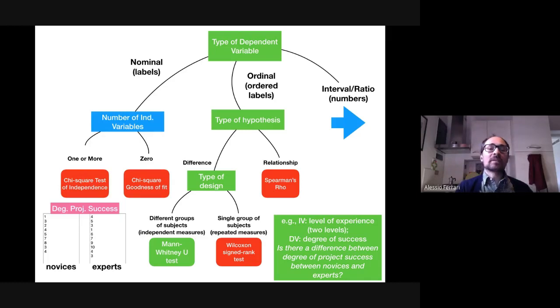Then I have to check what design I made. The design can be different groups of subjects or a single group of subjects. We will see the example. Let's start from different groups of subjects, okay? This can be a bit confusing, because when you speak about difference, you suddenly think, okay, I'm checking the difference between two groups of subjects. But I will show you that there are cases in which you may consider even a single group of subjects,